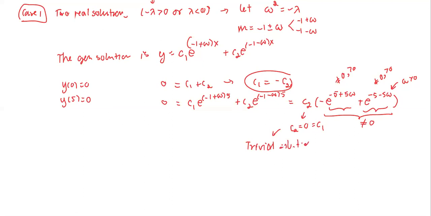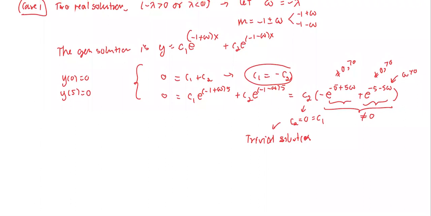What I'm looking for when you do the homework or the exam is the auxiliary equation solution. For the detail of each case, you have to prove to me that case 1 is trivial. Why is it trivial? After you use the boundary conditions. Okay. And then case number 2,